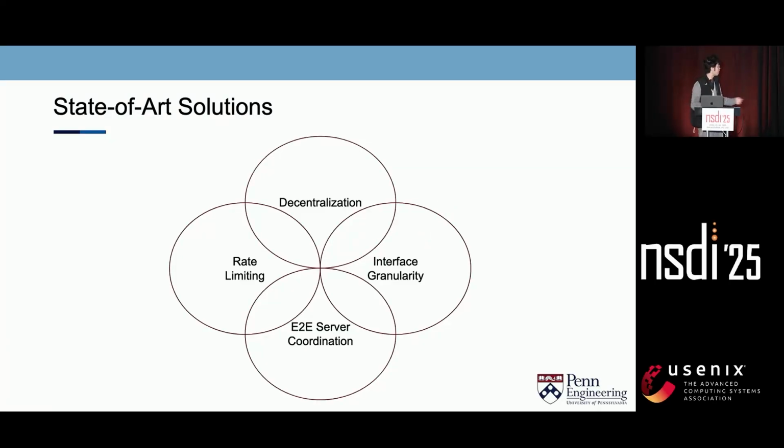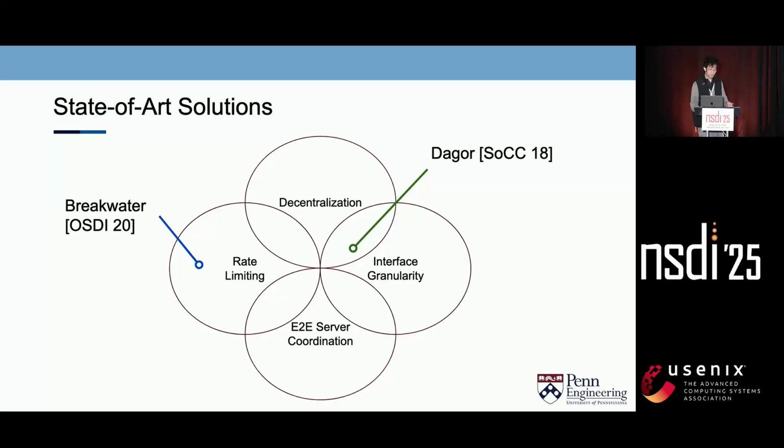Okay, and there has been quite a lot of work in this domain. I can list them in this chart. First is Dagor. It was an early load shedding mechanism that runs on every single microservice and drops requests based on the priority of their interfaces. And we have Breakwater, which is a receiver-driven, credit-based, fast rate limiting mechanism enabled at the front end, sending credits to clients to rate limit clients. It only runs at the front end, and if we extend it to everywhere in the call graph, that's our extension. We call it Breakwater D.